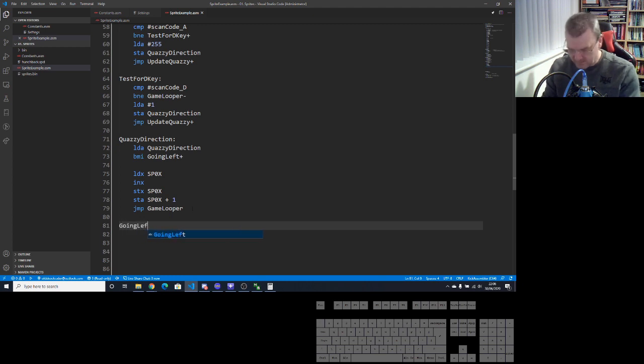Going left. And we do the same thing again. The only difference is